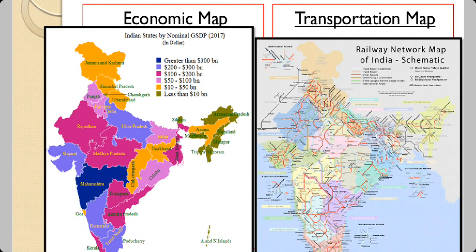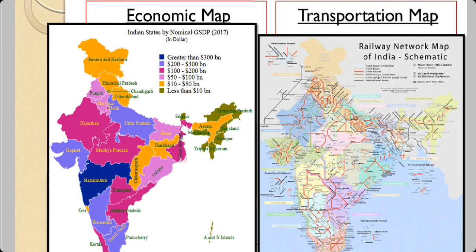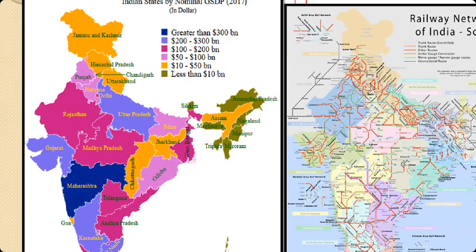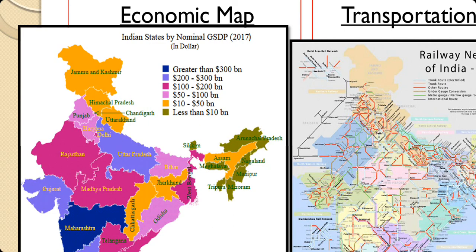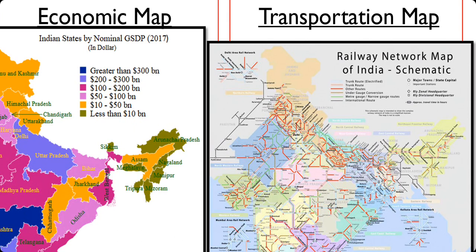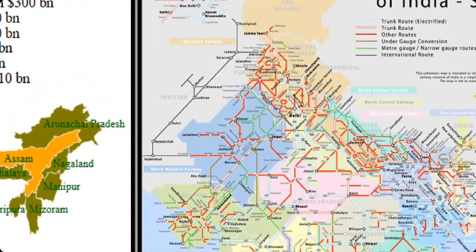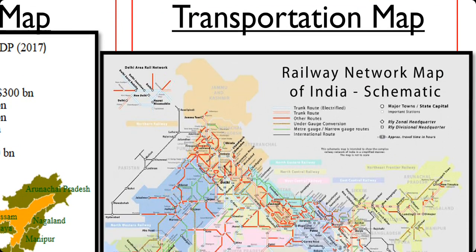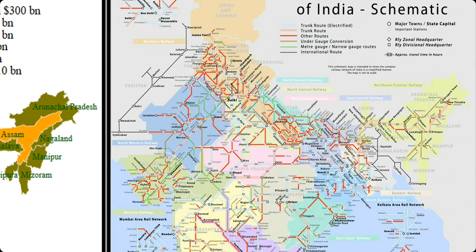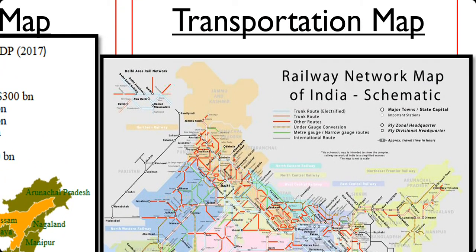Now, again, cultural maps, economic map, and transportation map. In economic map, this is the example. This is the GDP per state. That is the theme taken for this area. This map on the left, the themes can be different for different purposes. On the right hand side, again, this is a transportation map, but this one is a schematic, and this is not exactly accurate for direction and distance. But still, this kind of maps are very useful because this one is supposed to inform you about the railway network. So similarly, we have different themes for transportation.